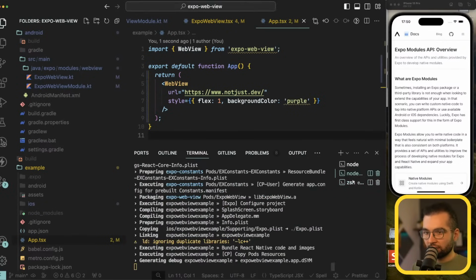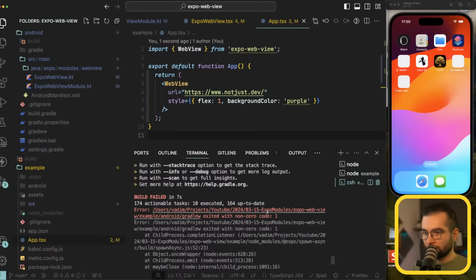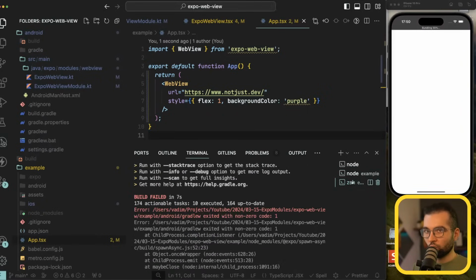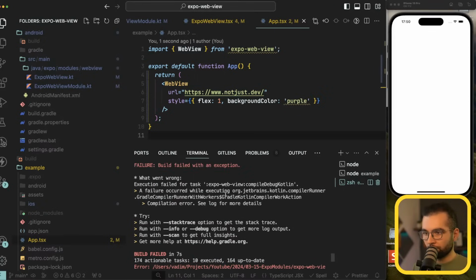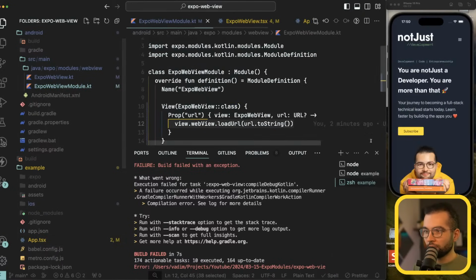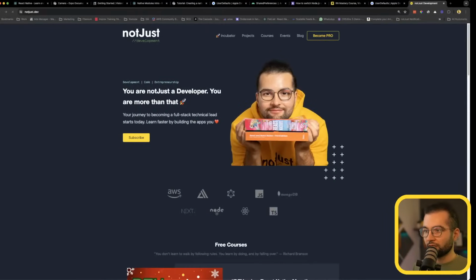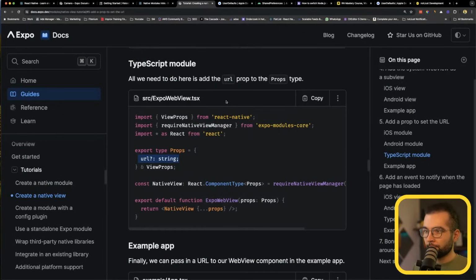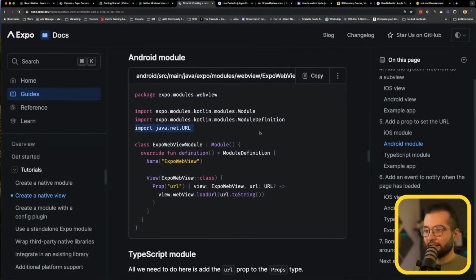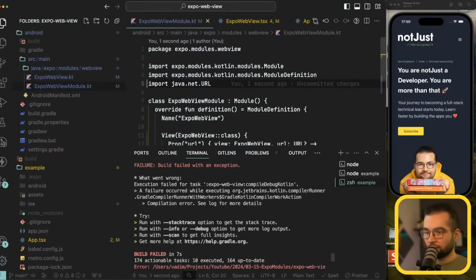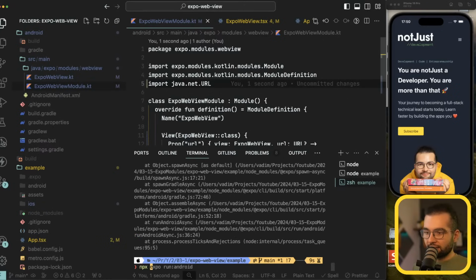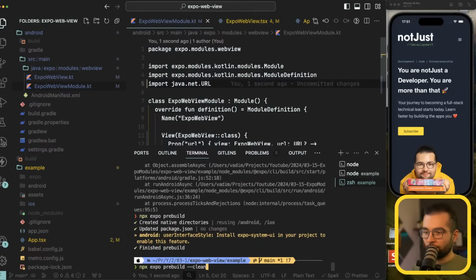On Android it didn't work. Why? On iOS it worked, but Android, what did I do wrong there? In the module, probably I have to import something there, so let's double check. On the Android side, the URL, yeah, exactly. We need to import the URL. Let's do npx expo prebuild. And then